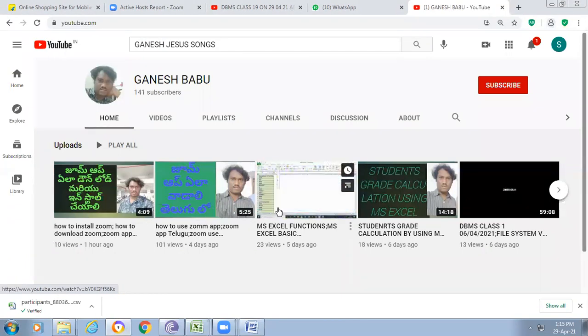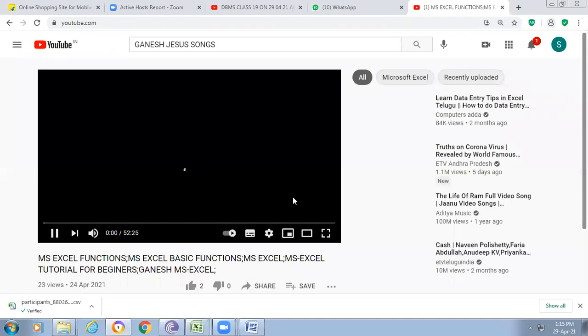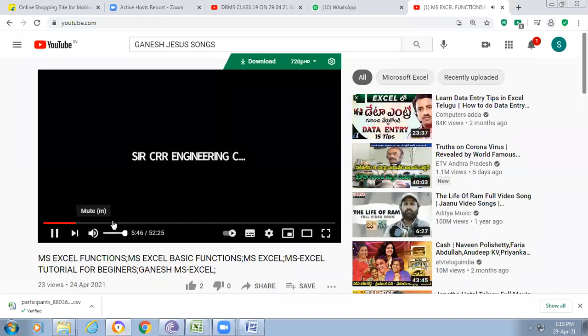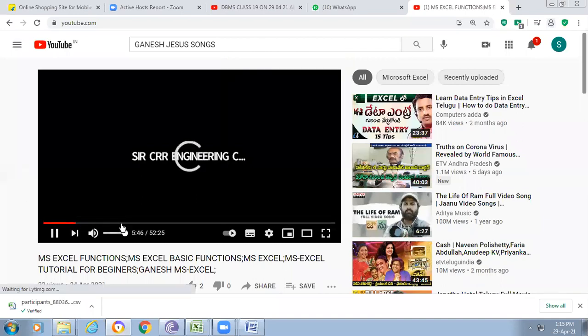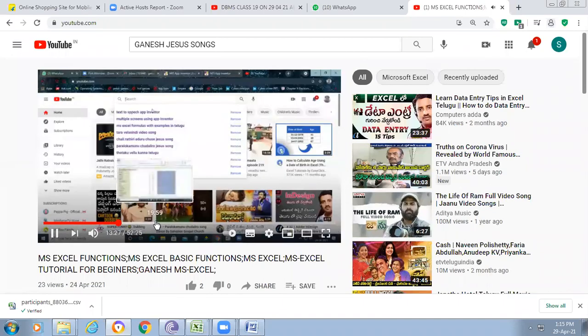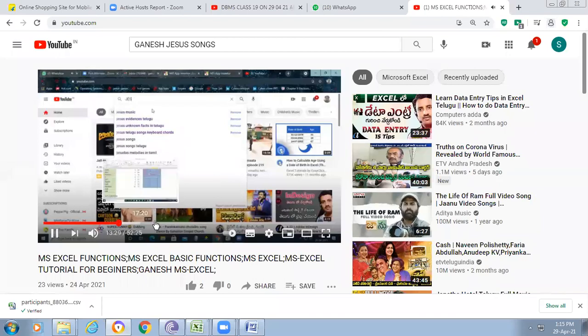So here you can see what we completed in the last class, MS Excel functions. So these are very important. Actually so many functions are there, I'm just considering only those which are important in real-time applications.